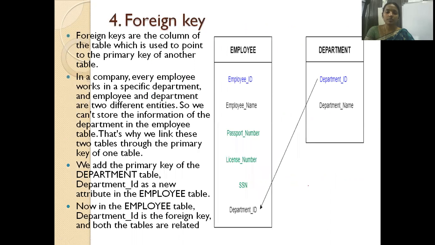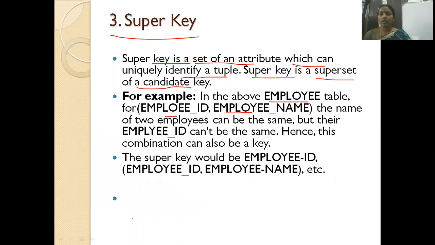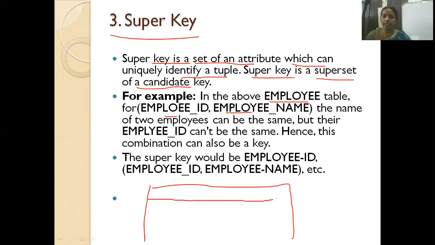Clear? Now, I'm giving an example. This is a student table, right? In this student table, we have student ID, name of the student, phone number of the student, Aadhaar number of the student, and group of the student.